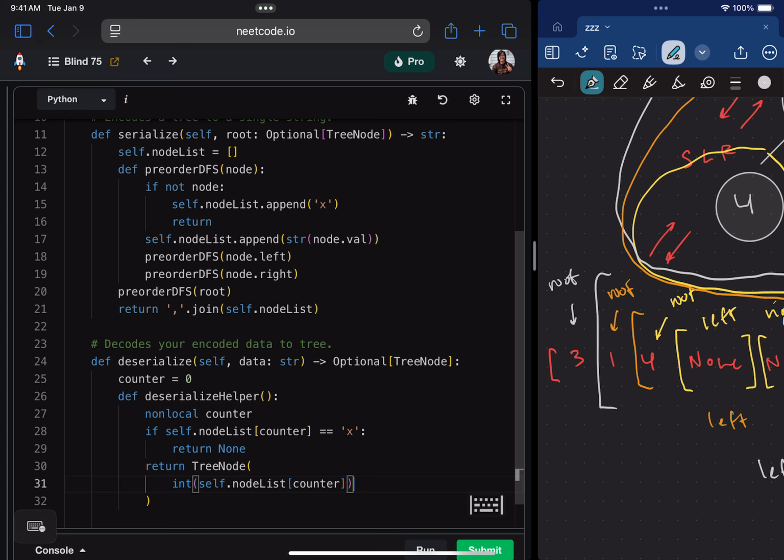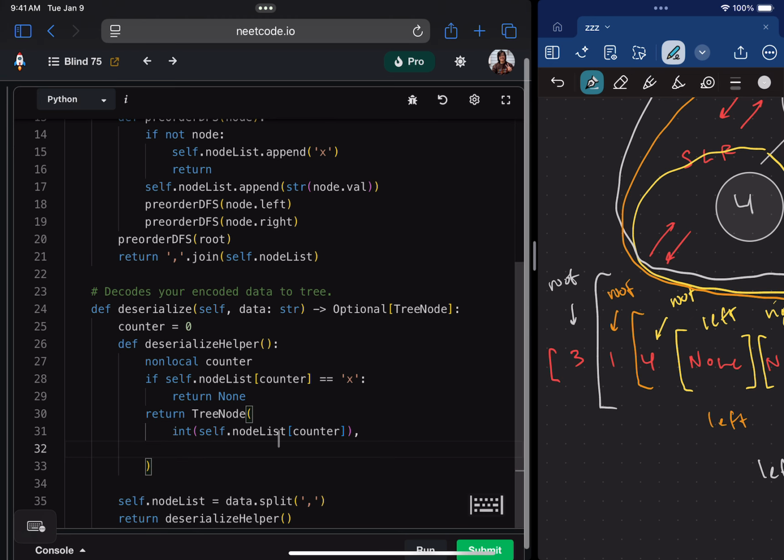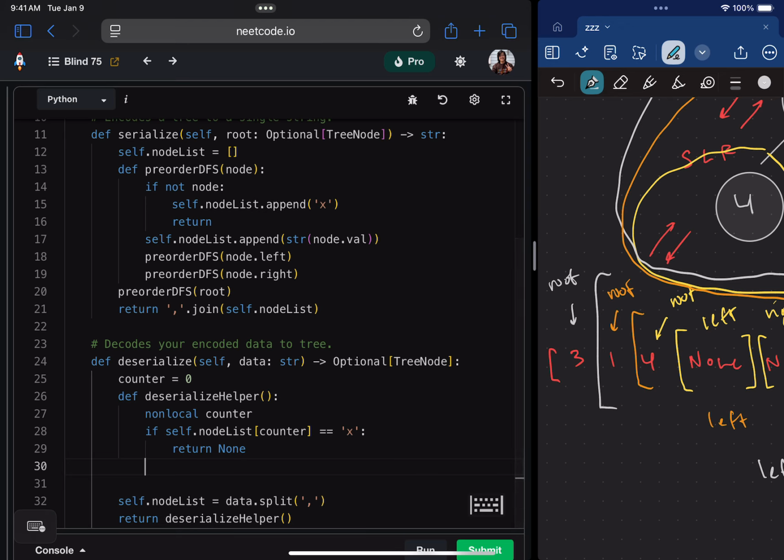Okay, so the value will be this. The left subtree will be whatever you get when you do this again with the next node. But we need to be able to increment the counter as we go. So we're going to have to store this as we go. We can't return it all at once here. I'll say,